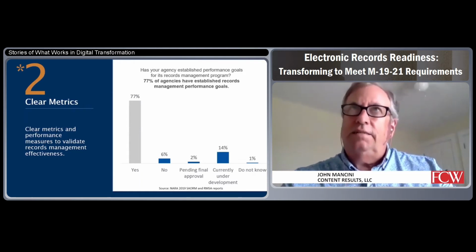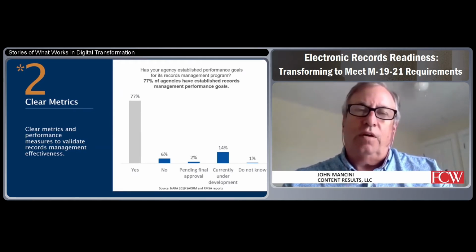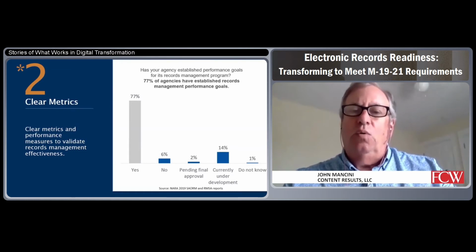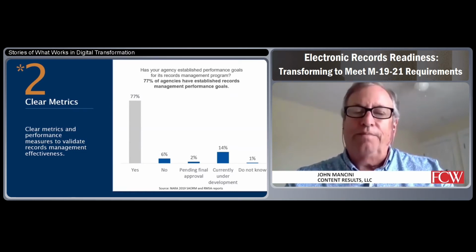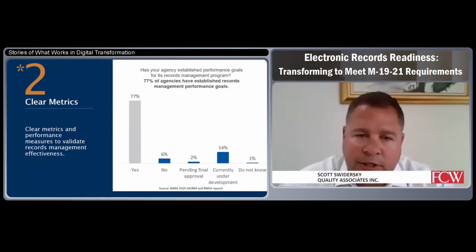But I think this is a clear indicator of a program that has some roots and some resonance to it: whether there are clear metrics associated with how the program is performing and operating. So, Scott, why don't you comment a little bit about this from folks that you have talked with? Yeah, sure, John. There are so many things that potentially can be measurable,